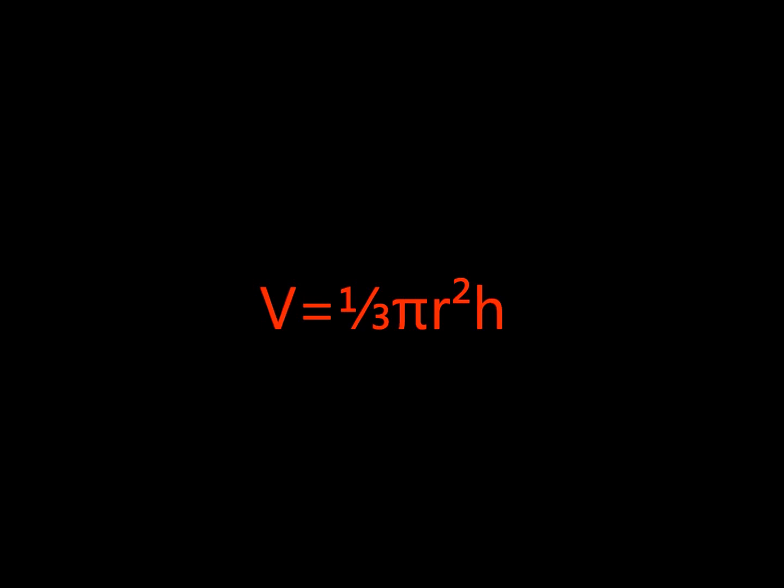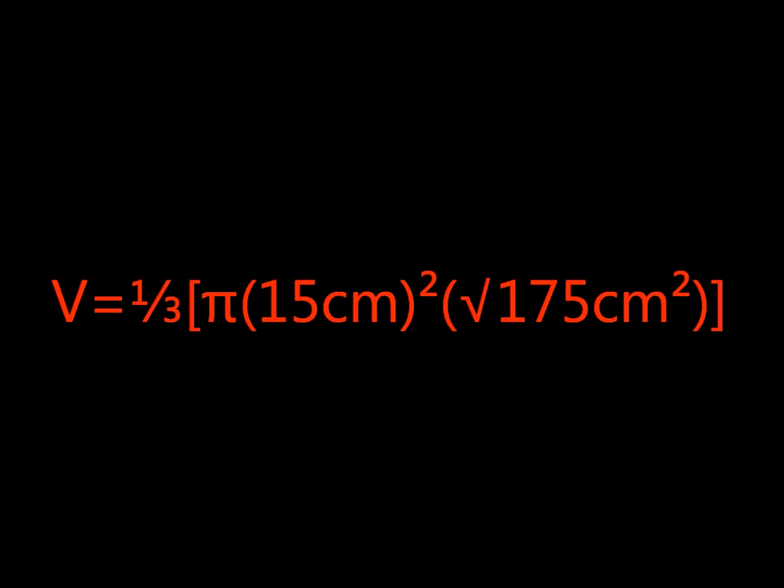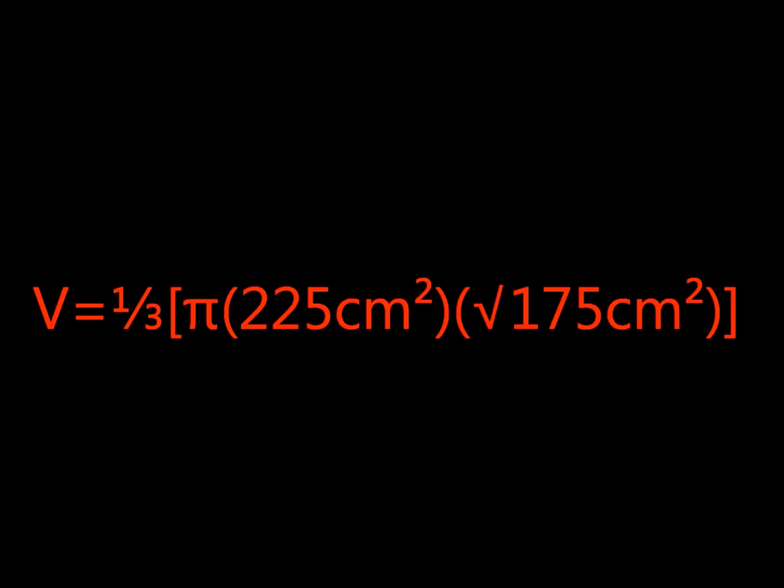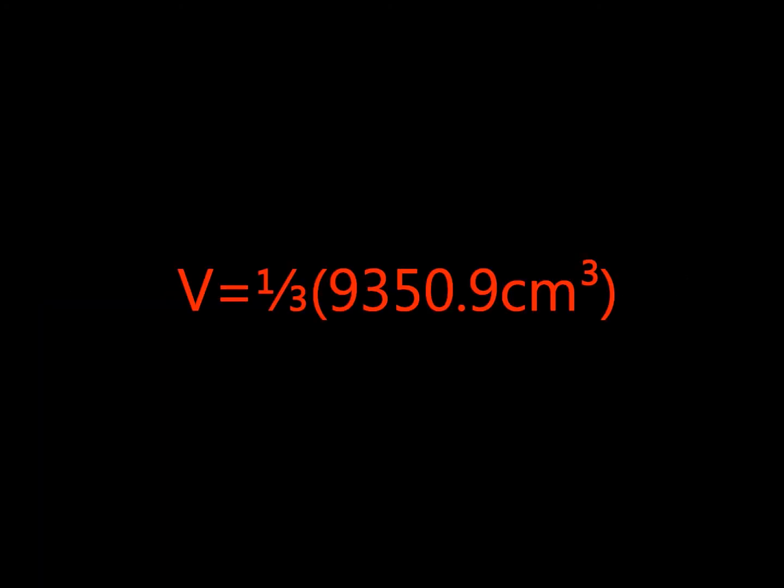Then we replace all the terms that we already know, which would be 15 centimeters in r, and the square root of 175 centimeters in h is placed. 15 squared is equal to 225 centimeters squared. Pi times 225 centimeters squared times the square root of 175 gets us the answer of 9,350.9 centimeters cubed. We divide that by 3 to get the answer of